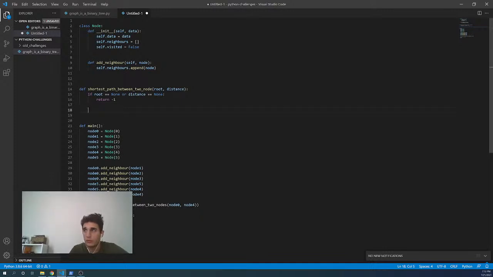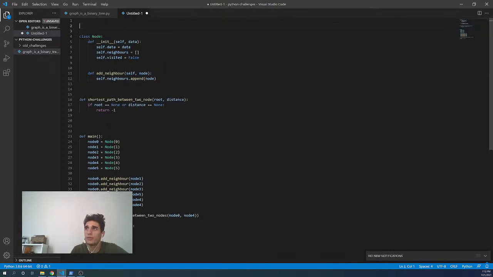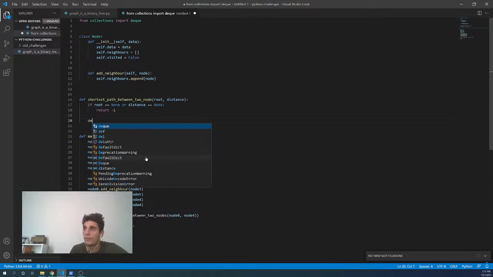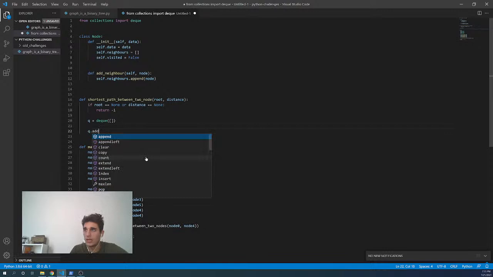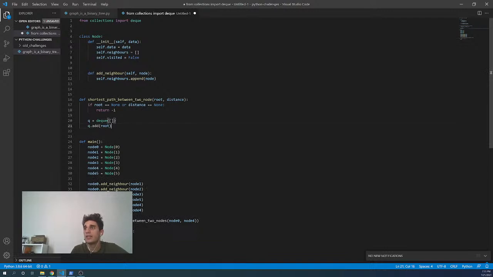Instead, we need to have a queue. We are going to use from collections import deque, as Pythonists say. The queue is an empty deque, it will be our queue. We will add our root to this queue, and while the length of the queue is more than 0,